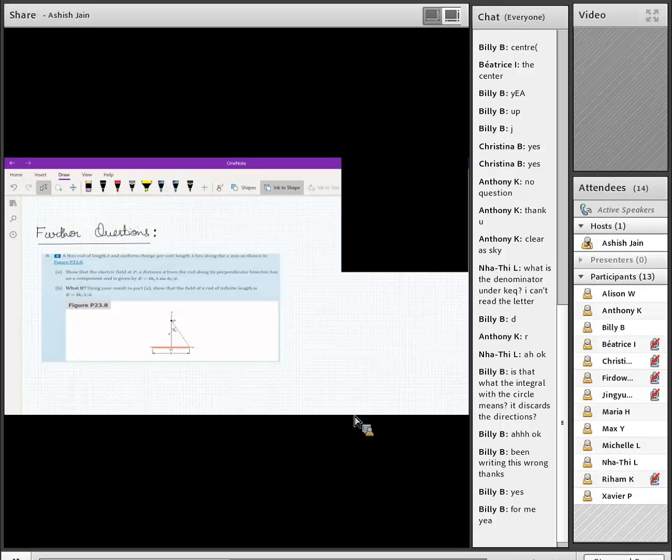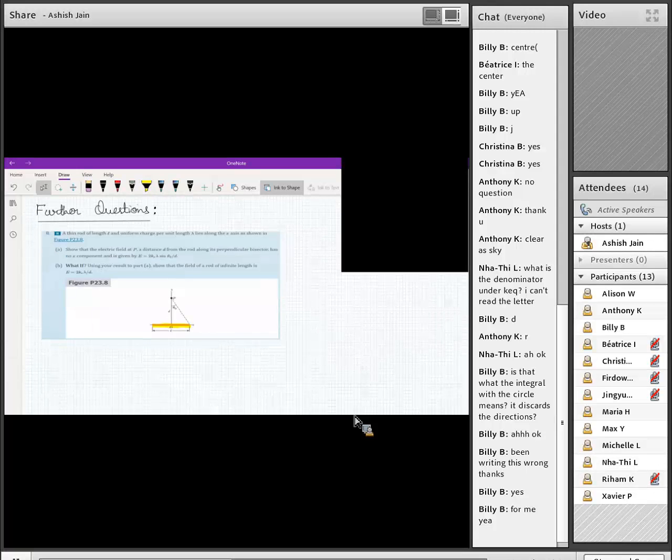Okay, this is again the rod one, the favorite. A thin rod of length L, instead of on the right of the axis, is now symmetrically placed at the origin, as you can see in the figure, and there is a uniform charge per unit length lambda. That means there is an integral involved. I have to do the integral to find the total electric field. Show that the electric field at point P